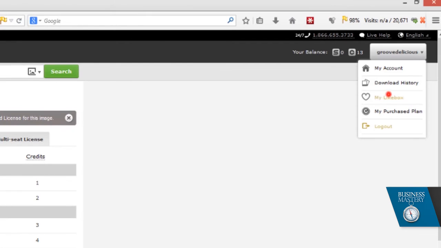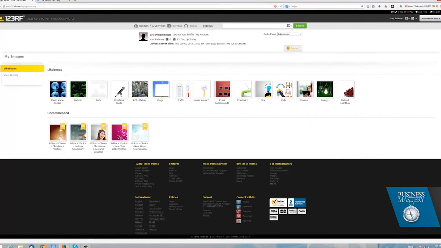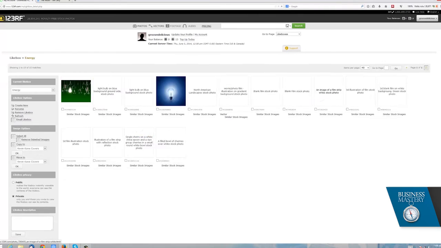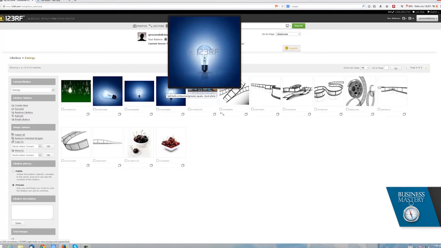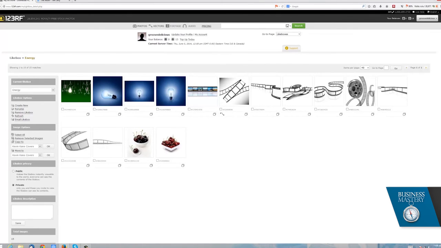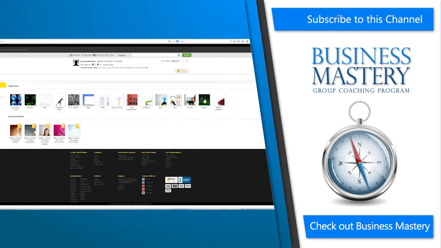One other feature which I really like is their like boxes. This allows you to collect groups of things together. So for example, over here you can see a collection I made when I was trying to figure out the title page for one of my presentations, which was about ideas, and I wound up, I think, using this one here. Other like boxes that I have, one of them I know has a whole lot of Prezi backgrounds that